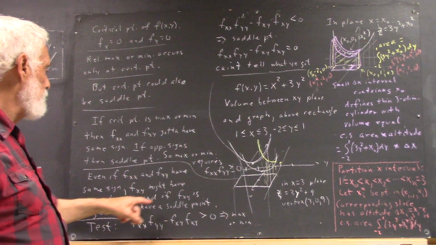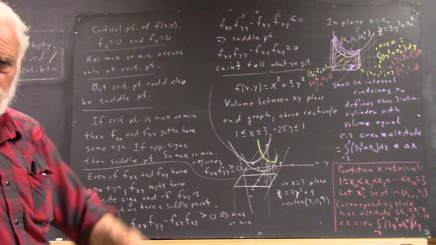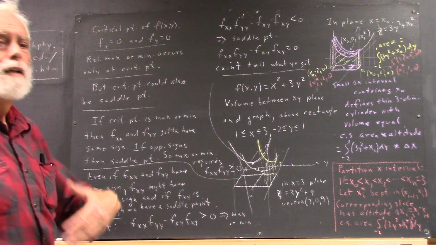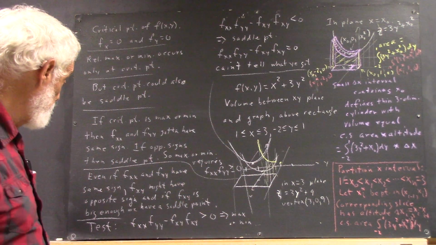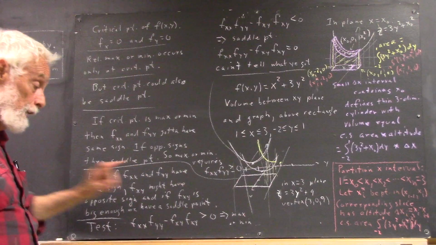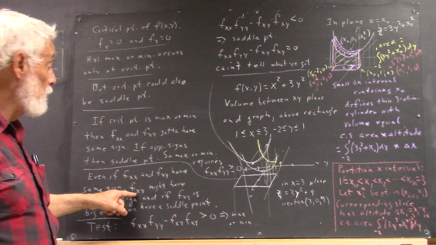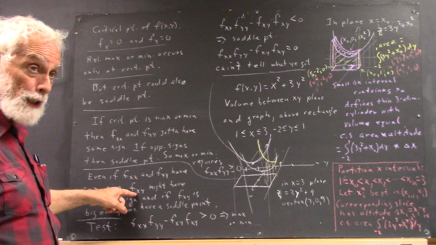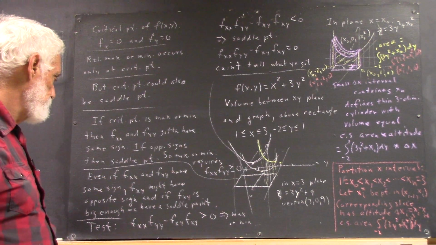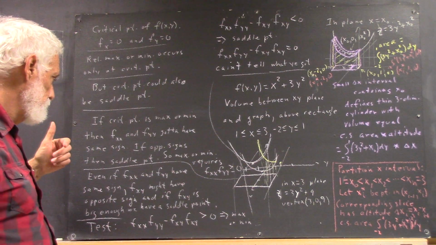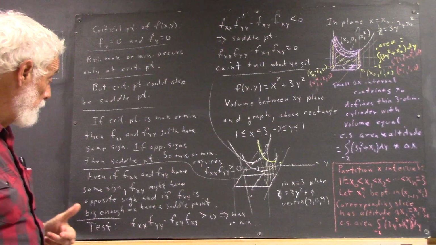And if that opposite sign is big enough, that would cause the thing to go into a saddle point. That would be evidence that we do have a saddle point. Okay? Now, our ultimate test then, to see if this fxy, when it has a sign opposite to these two, whether that causes a saddle point, is simply that,